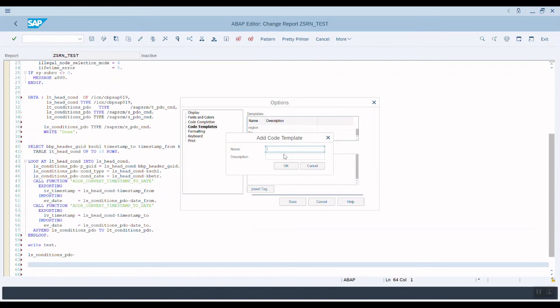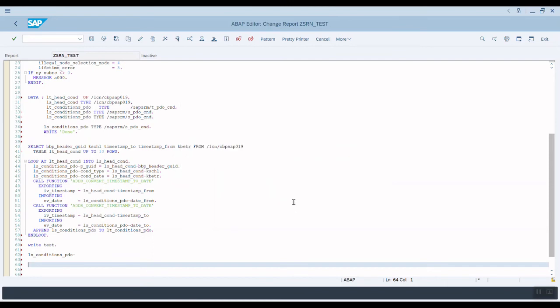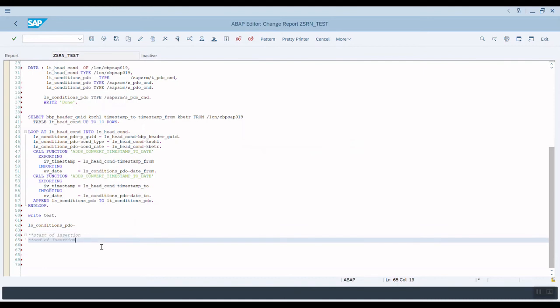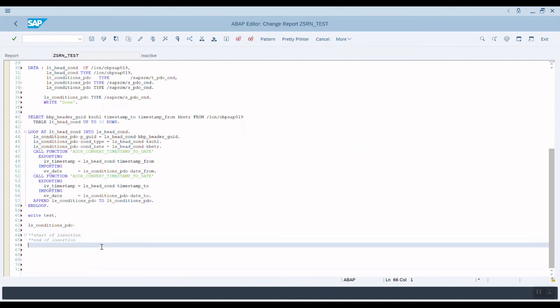The text shortcut is V star, and what it should bring up is start of my insertion, comma, end of insertion, and save it. Now come back to the editor, type V star and press tab. You will get this code template. So this is very simple and awesome, right?